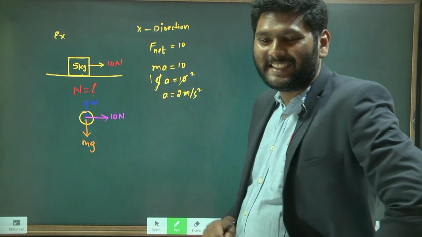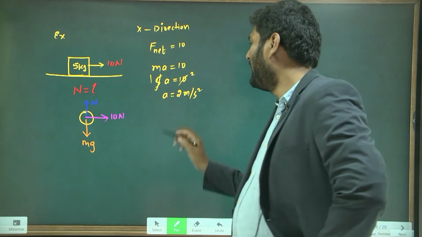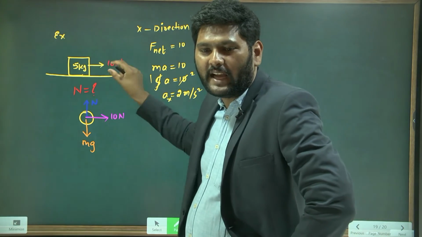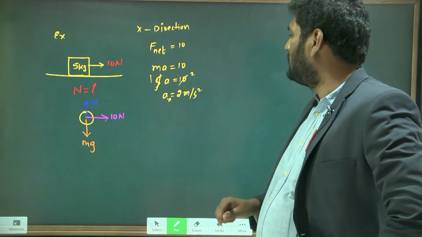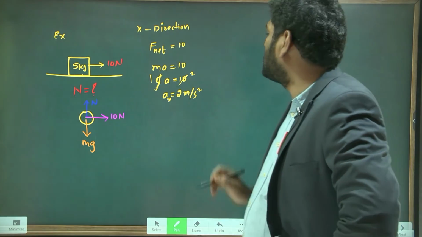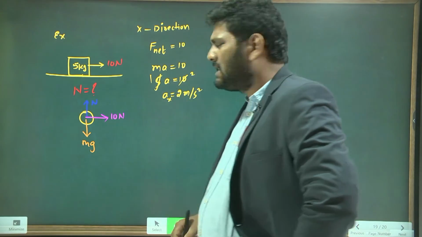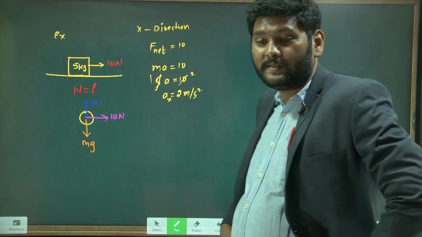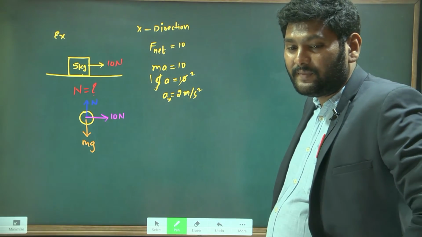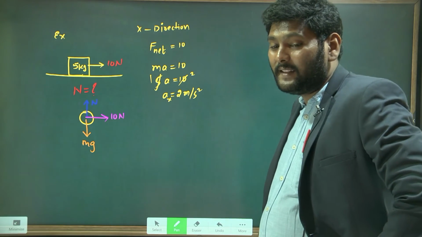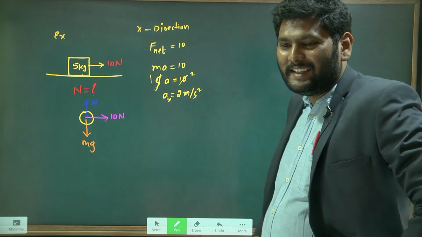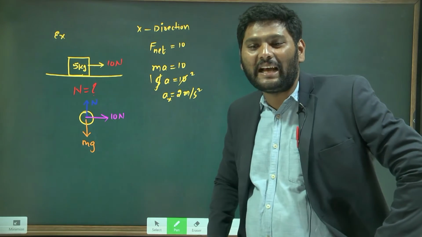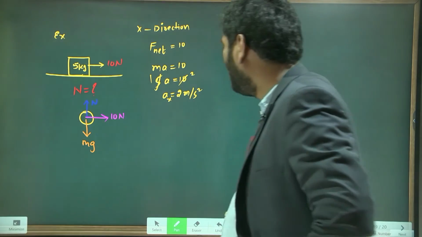Along which direction is it? X-axis. Very good. Means this object of 5 kg has acceleration along which direction? X direction. When it is the x direction, is this our answer? Is this our question? No, sir. What is our question? It is not net force. It is the normal reaction. Understand?